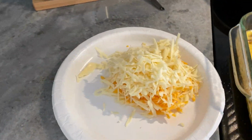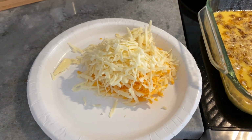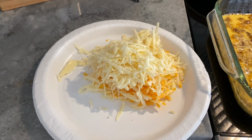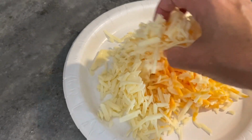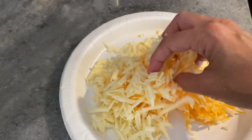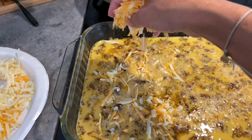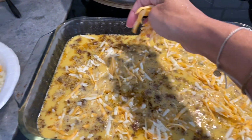Okay, so here's my grated cheese, and like you saw a moment ago when I was shredding this, I basically use a whole block of cheese, just half-half, and I'll try to mix them up a little bit. It's just sort of tough, but I think what I'm gonna do is go ahead and start sprinkling this in,